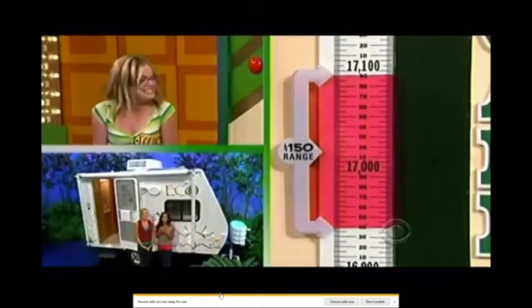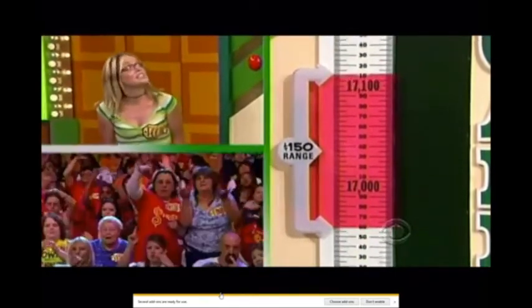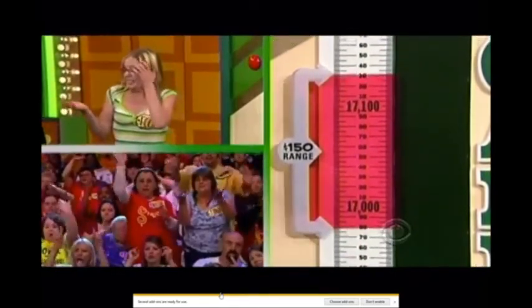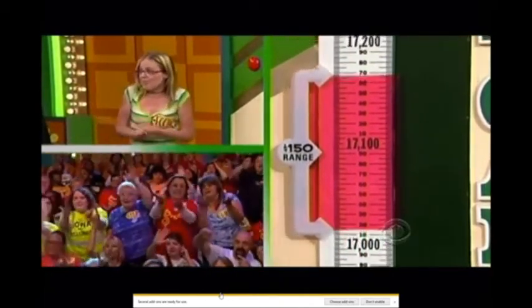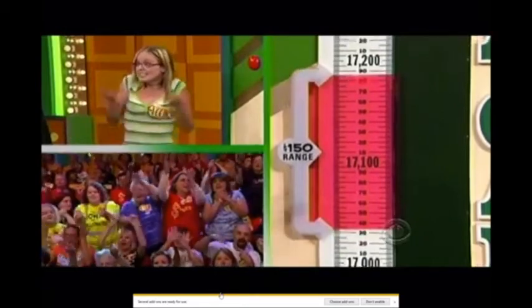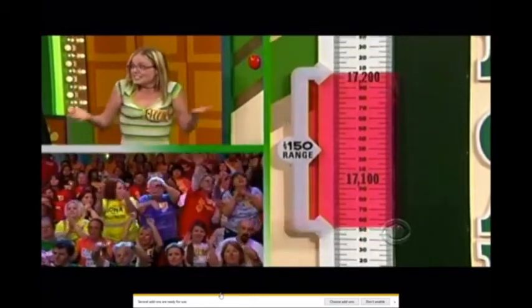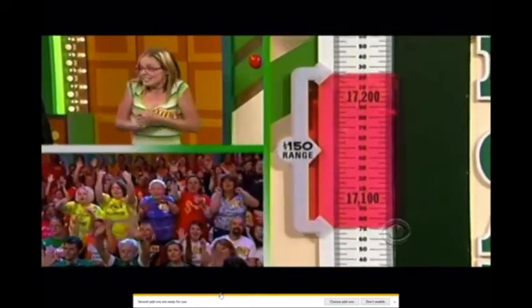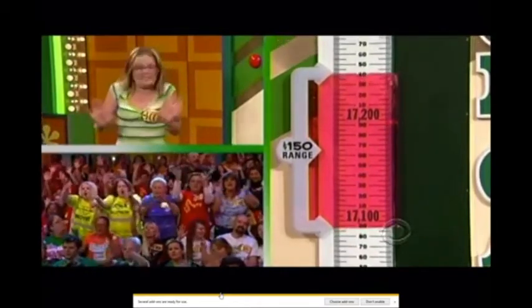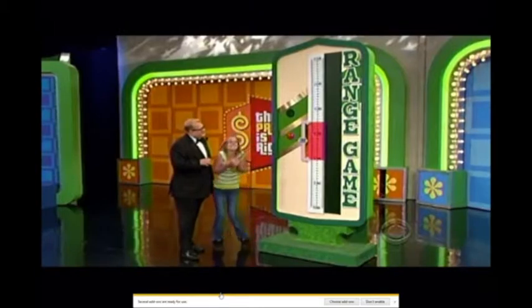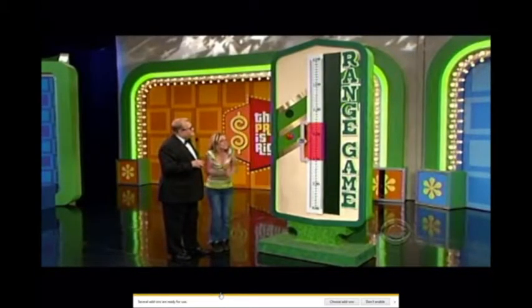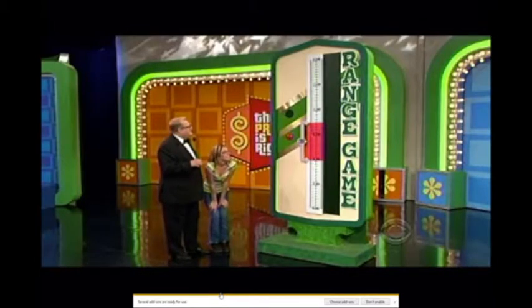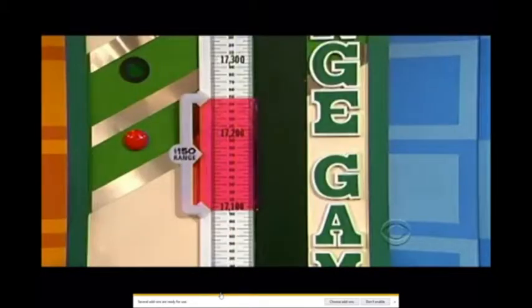Right now, the highest price is going to be $17,100. On its way on up to $17,200. Lowest price $17,000 right now. Right in the middle, practically. You're right, almost to 17,100 is a low, and 17,240 or something is a high. Let's slide it up and see if you win.